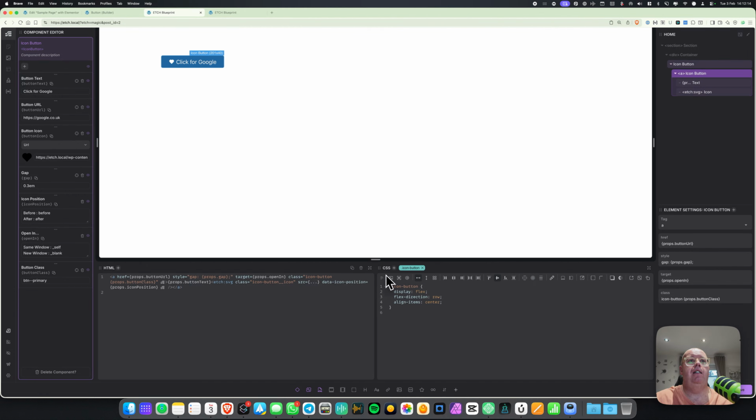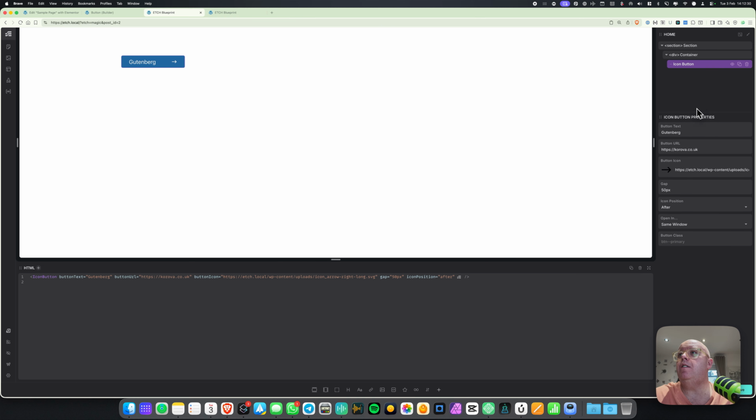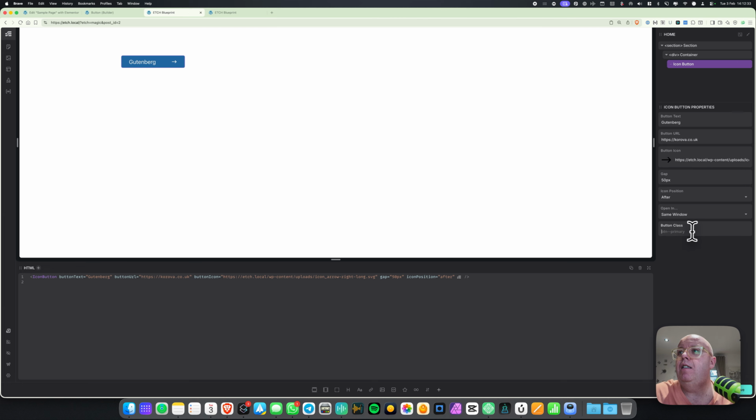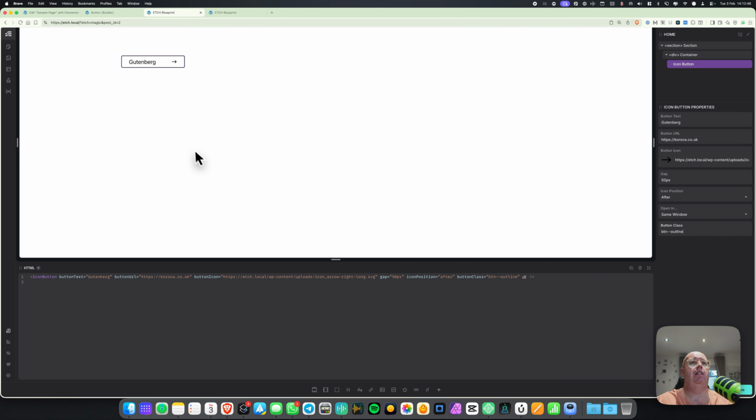Okay, if we copy the key and insert that into the HTML, in there, we can see the value is now over here. We can see it's now changed into a button again. We click on save and exit. So let's just move this up because I know my head's going to be in the way. The default class on here is primary. Okay, but if I write outline in here, we're just going to get an outline button. Okay, we're just going to get an outline, but it doesn't know if it's a primary button, secondary button, or whatever